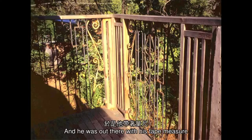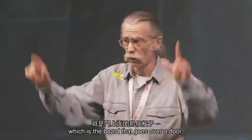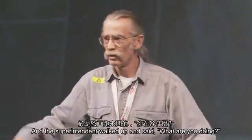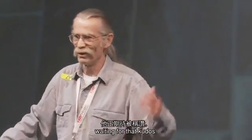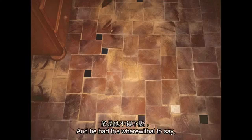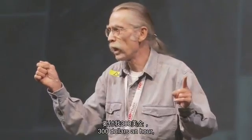And he was out there with his tape measure, going through the trash heap, looking for header material, which is the board that goes over a door. Think he'd impress his boss. That's how I taught him to do it. And the superintendent walked up and said, what are you doing? Oh, just looking for some header material, waiting for that kudo. He said, no, I'm not paying you to go through the trash. Get back to work. And he had the wherewithal to say,